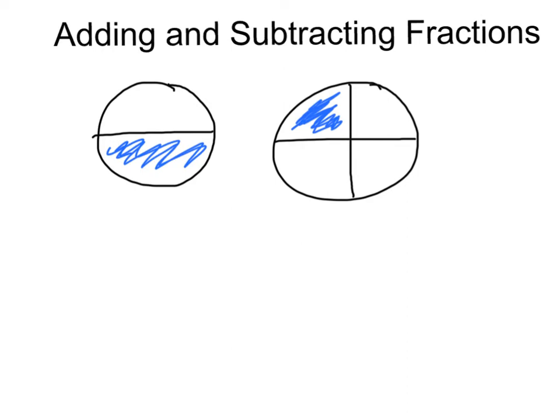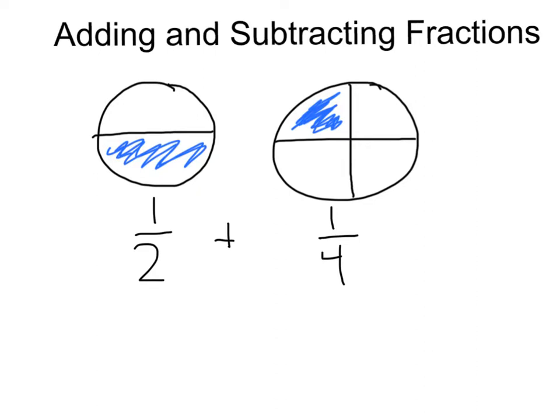Notice the pie on the left has 1/2 shaded, and let's say I wanted to add that piece to the piece of pie I had on the right, which has 1/4 shaded. So on this side I have 1/2. I wanted to add that to 1/4. Now, you might be able to figure this out in your head, but there is one way that would